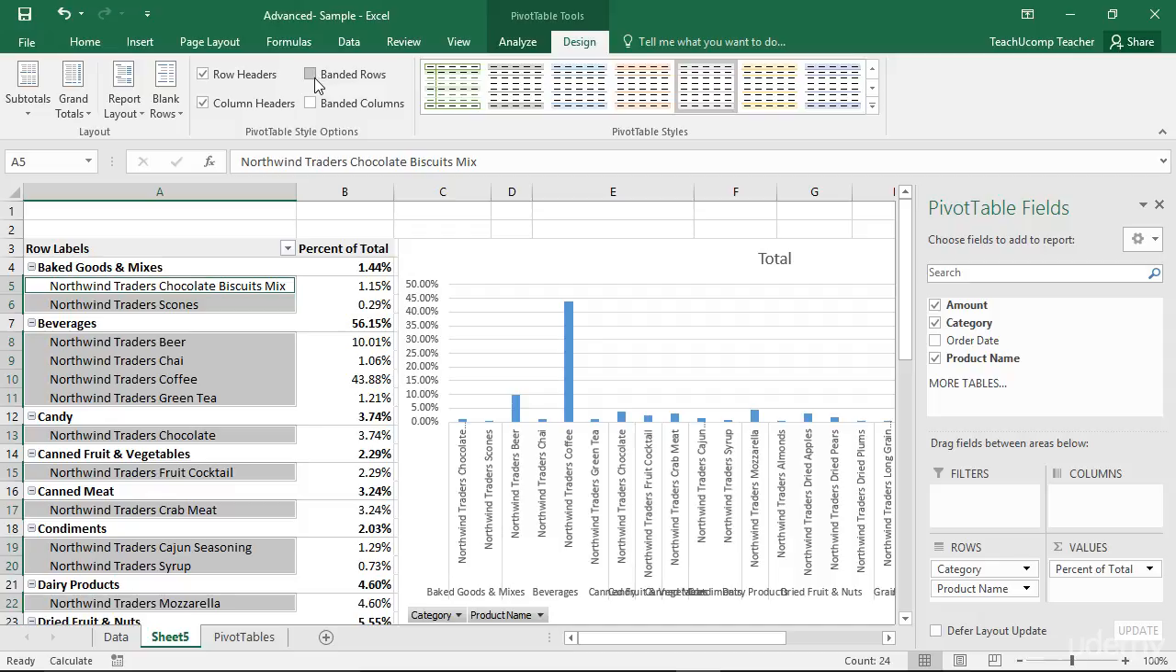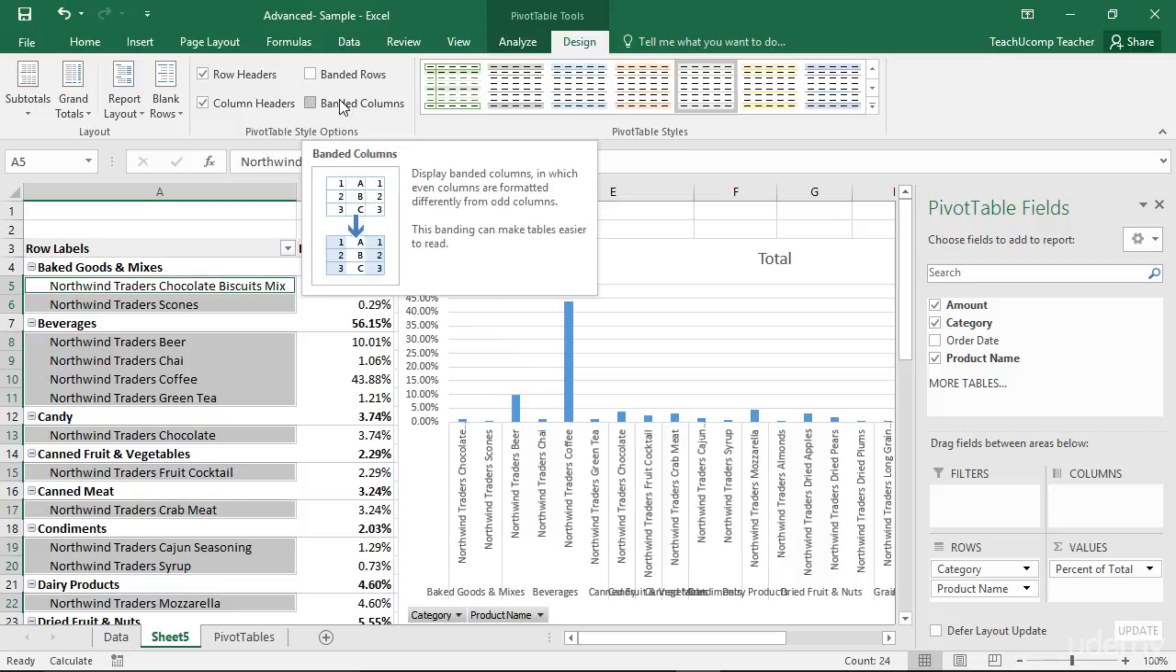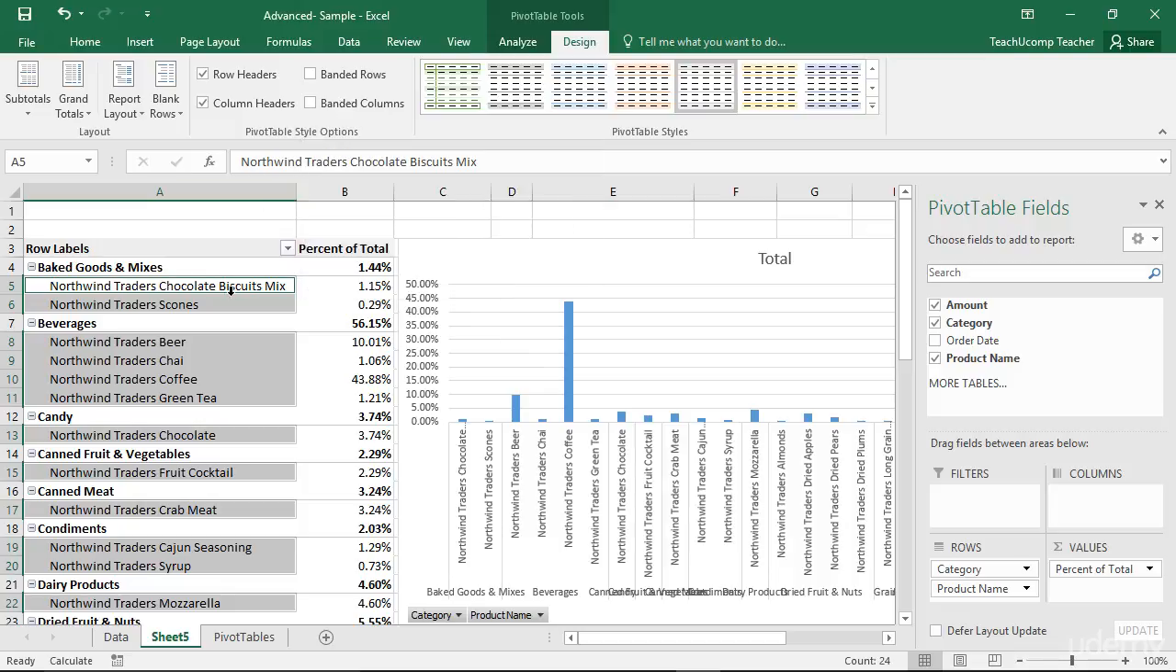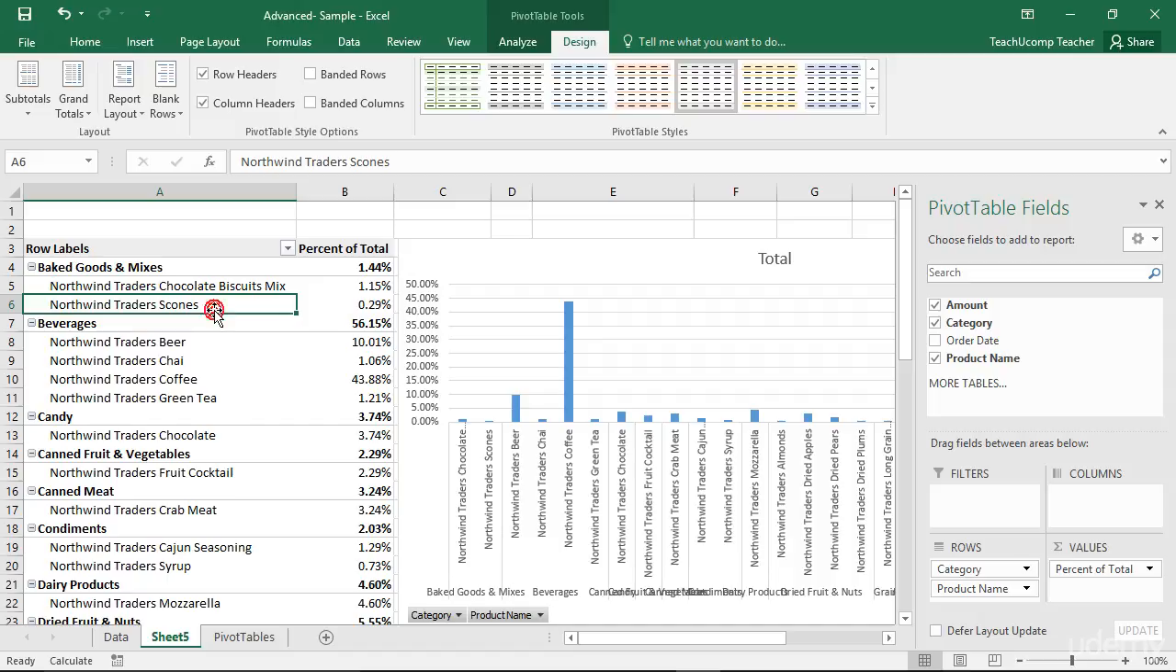You can select to apply special formatting to the row headers and column headers by checking those checkboxes. You can also apply banding to the rows or columns within the pivot table by checking the banded rows or banded columns checkboxes. You can also easily change the summarization and layout of a pivot table by using the buttons